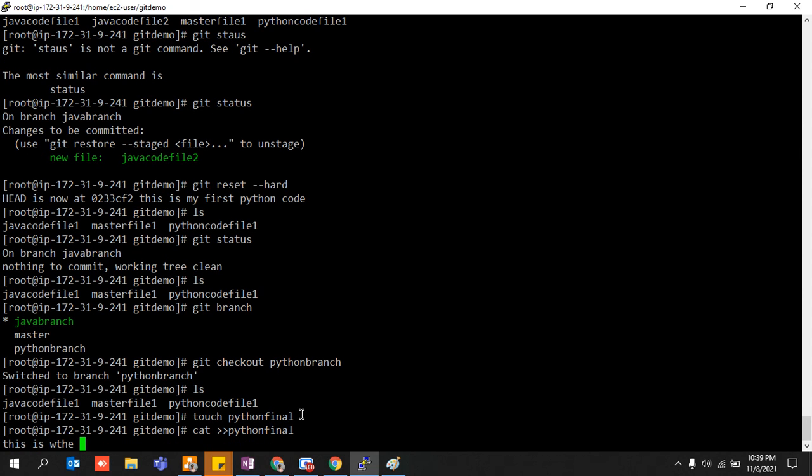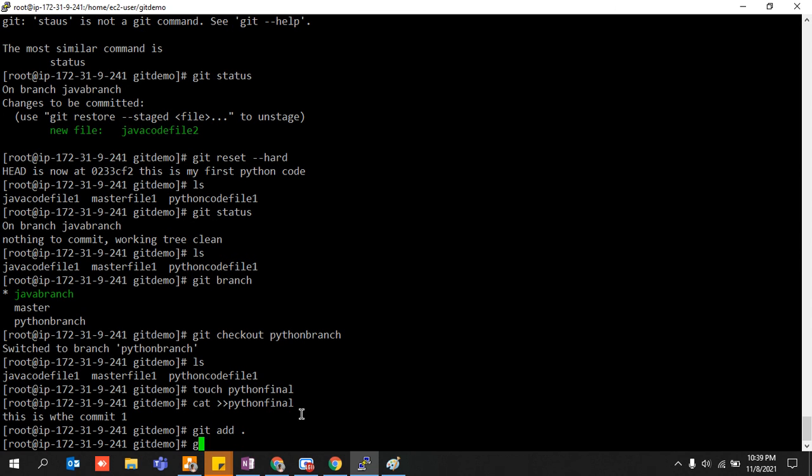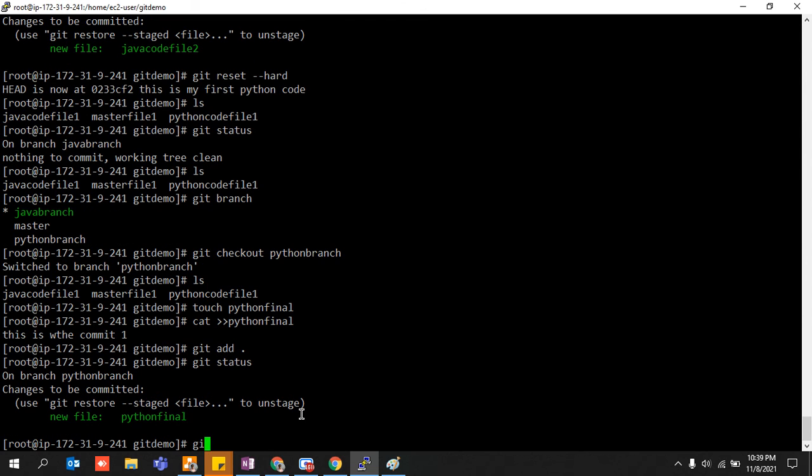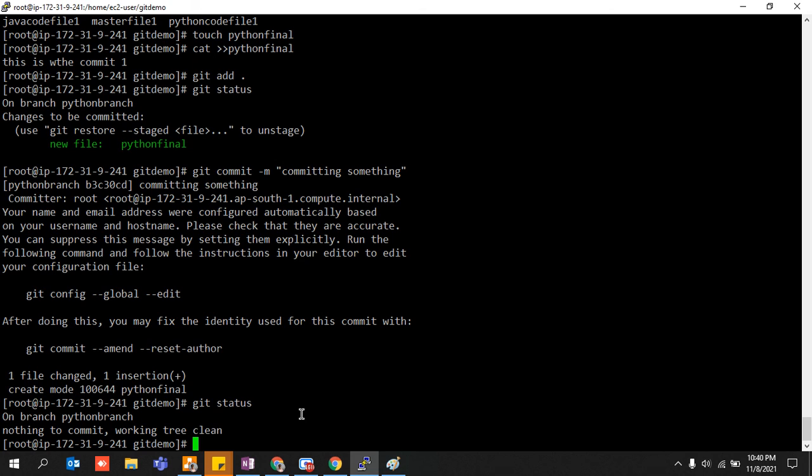This is the commit one, right? Control D, do git add, git status, just commit it, git commit hyphen m. I'm committing something. I've committed it, right? So if I do git status, everything is clean, nothing to commit.